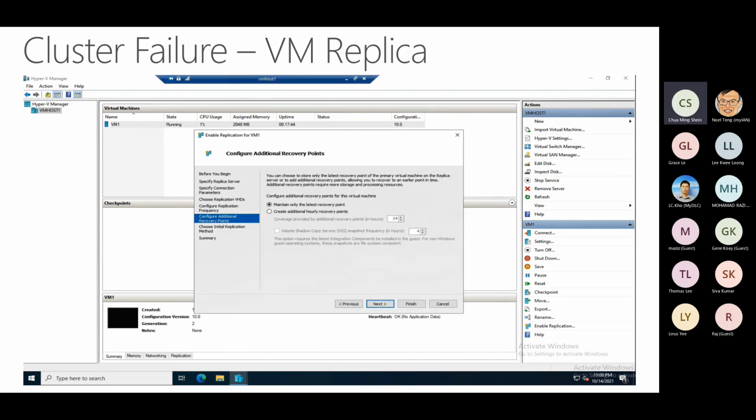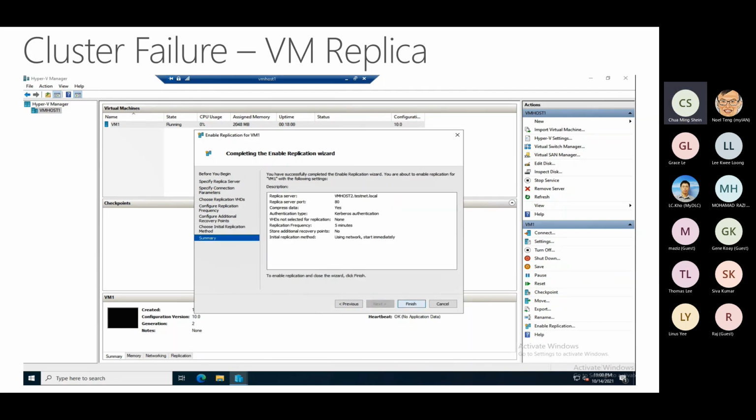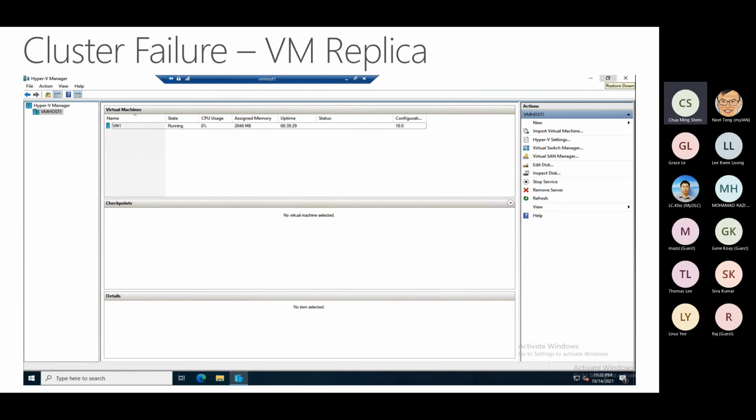Then from here, we maintain either one restore point, or you can have multiple copies. And this option is for you to send the initial copy either over the network or through external media. I send through the network because I'm in the LAN, so it's very fast. So start replicating, and you can see the percentage. Okay, and once done,